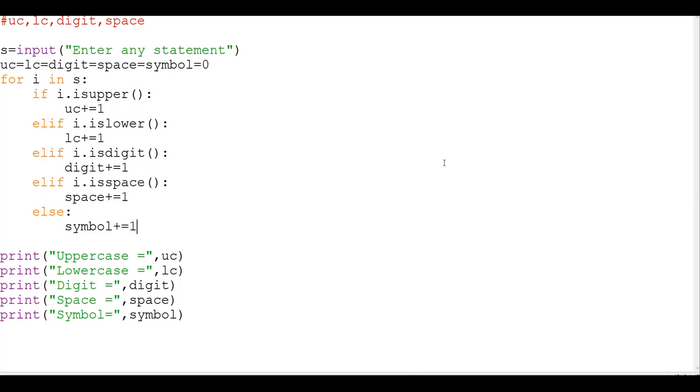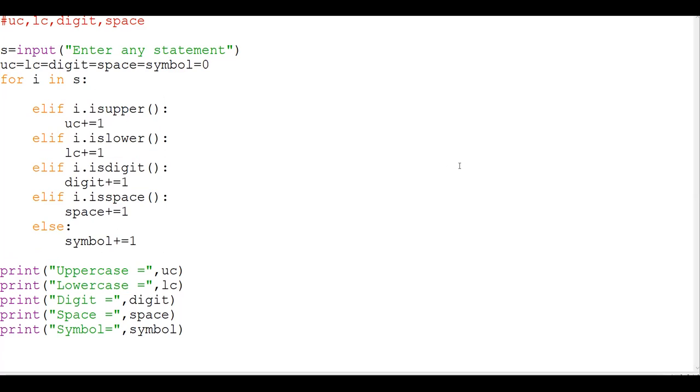Ma'am, in the starting, both of these, like uppercase and lowercase, where we are checking. Here only? Okay, fine. We will write and we will see the effect of that. Fine. So here you are saying it is elif, and because I wanted to show you the problem, therefore I have given you this question. If i dot is alpha was the function.